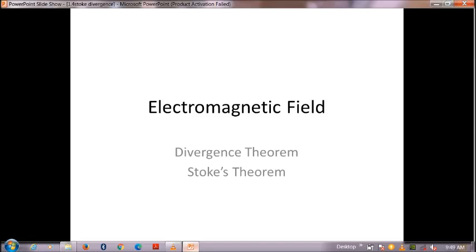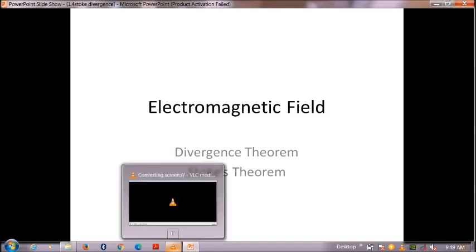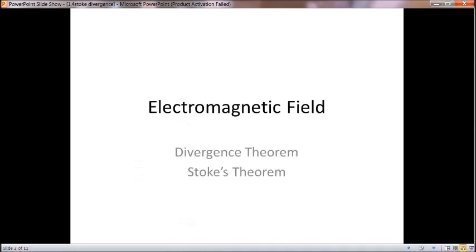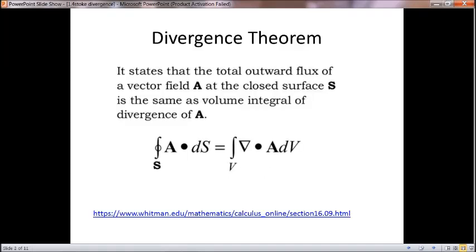So today we have to see about divergence theorem and Stokes theorem. We know divergence theorem is a dot product one. Divergence means dot product. Like that, Stokes theorem is a cross product one, curl function. Divergence is dot function. Stokes theorem is cross function, cross product. So first we will see what is the divergence theorem.